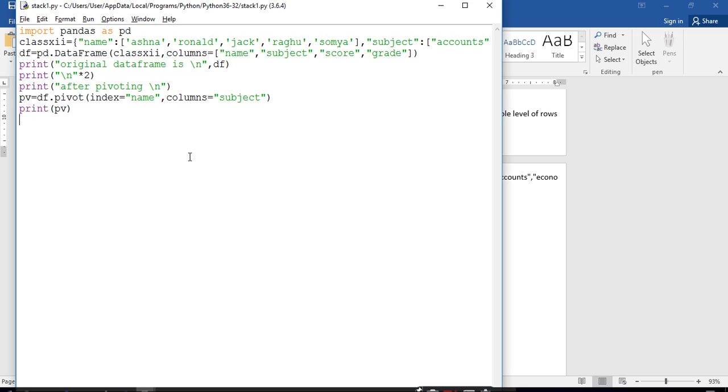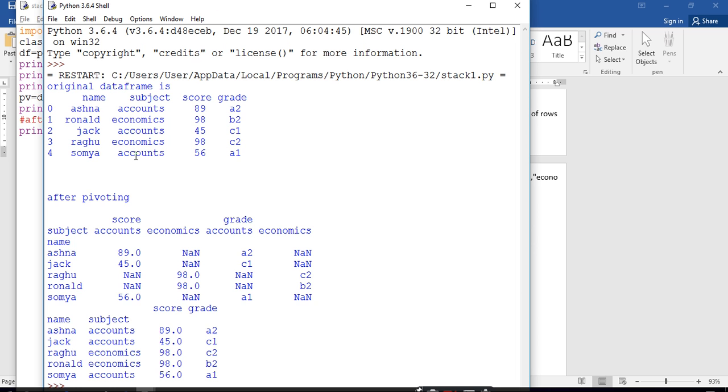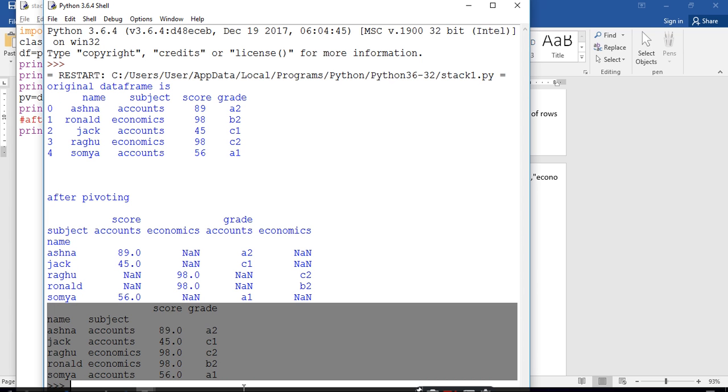Now we are going to use the stack method. See this, we use simple pv, meaning you have created your pivot table. For that table, pv.stack method. Execute the program. See this, this is your pivot table and this is using the stack method, which is used to flip the layout of your pivot table.